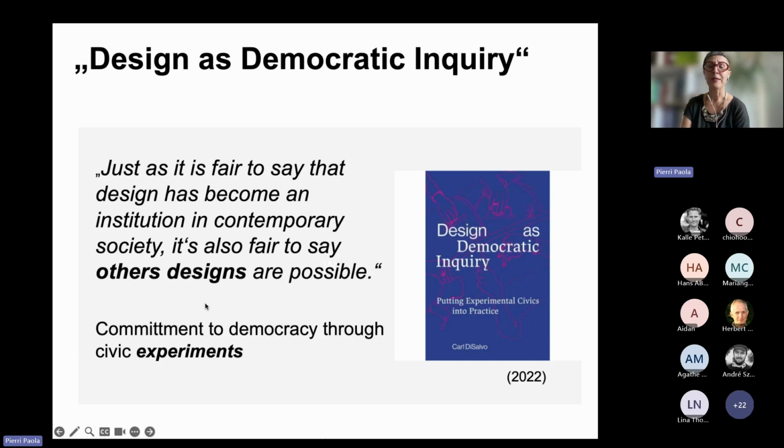And the last book that I want to reference is one of the most recent. We're in 2022, but that is not the main reason why I want to reference it. It's the book from Carl Di Salvo, Designers Democratic Inquiry. The reasons why I want to refer to this book are many, but I want to put forward three main reasons. The first one is that Di Salvo addresses the question of the role of design for democracy